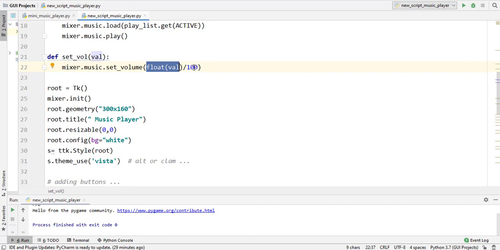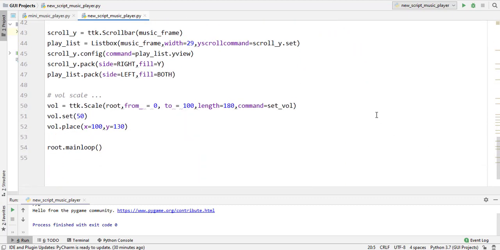And the next thing is why I am dividing it by 100. The Pygame mixer.music class takes the volume value between the range of 0 to 1. If the value is bigger than 1 it will return an error, and if the value is smaller than 0 it will also return an error.